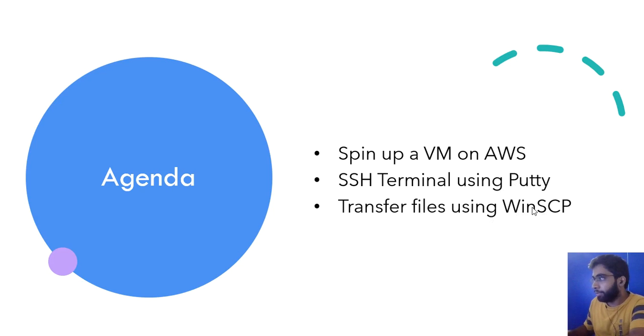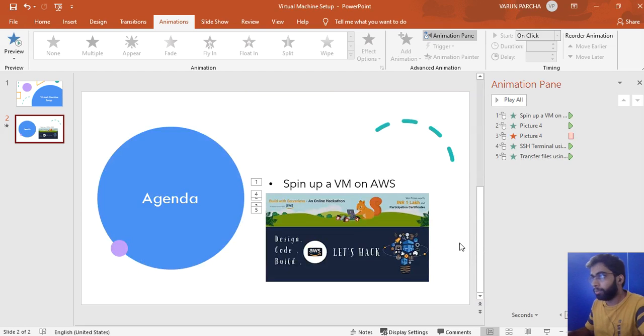Next up, we will be using WinSCP. So suppose I want to transfer some files from my local to my cloud, so I can do that using file transfer protocol. So WinSCP is one such tool which helps me establish that connection. So without any further ado, let's hop on to our